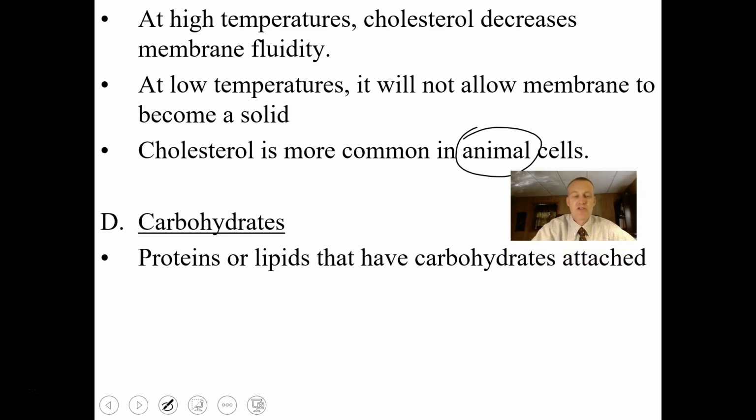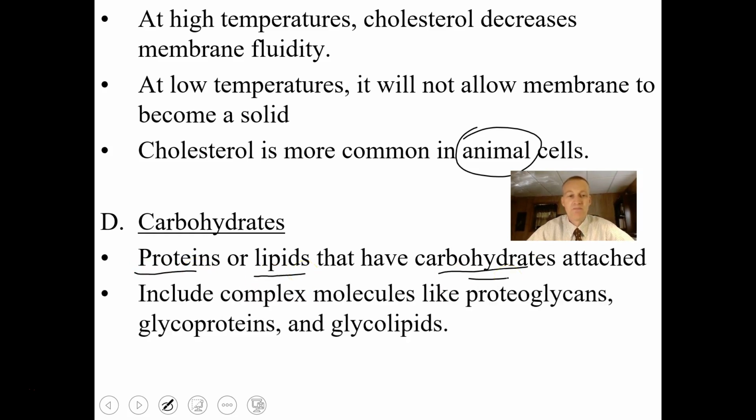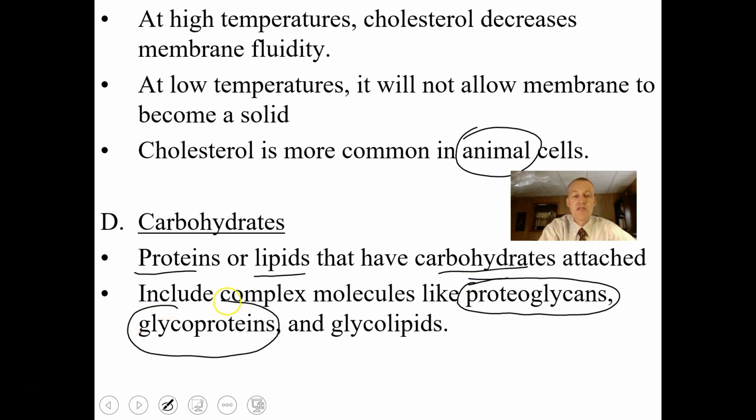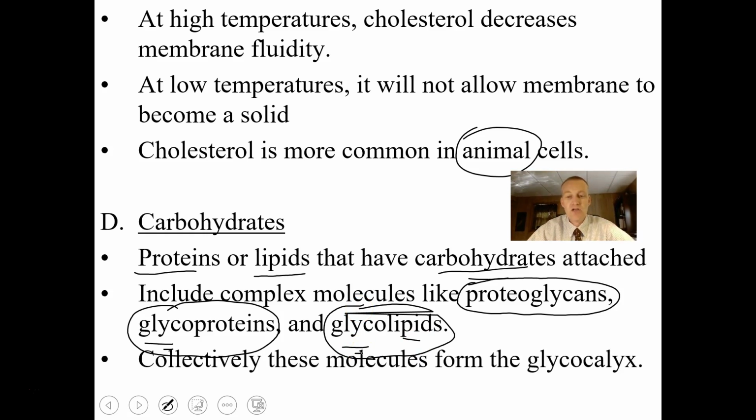So carbohydrates are also associated with the cell membrane. These are proteins or lipids that have carbohydrates attached to them. Some of our really complex proteins on the surface include proteoglycans. We'll talk about some of these molecules later on. Glycoproteins, these are sugar proteins. And glycolipids are sugar lipids. They have sugars attached to lipids. Collectively, these molecules make up what we call the glycocalyx, and it surrounds the whole outside of the cell,